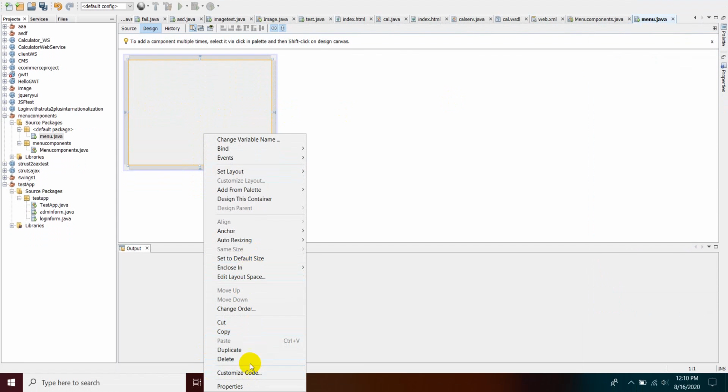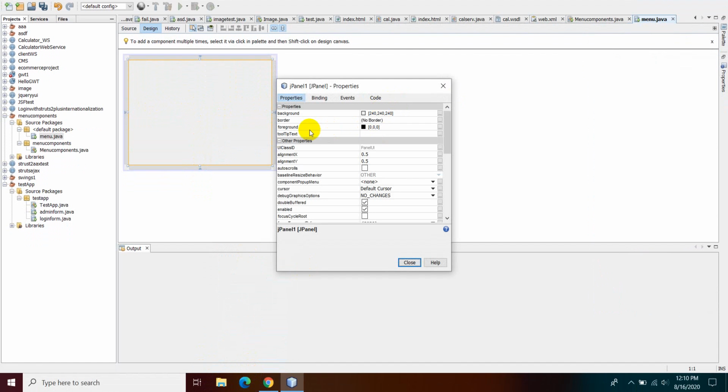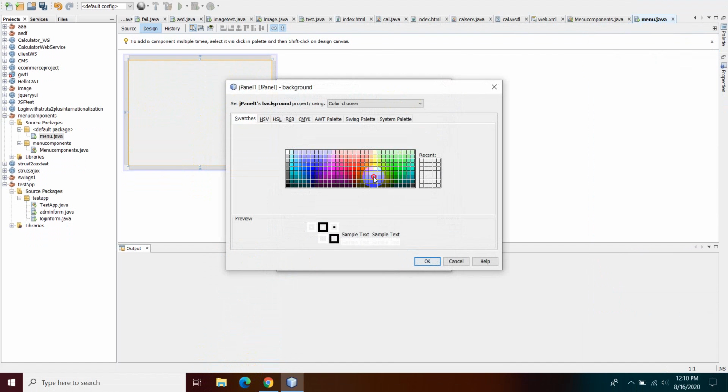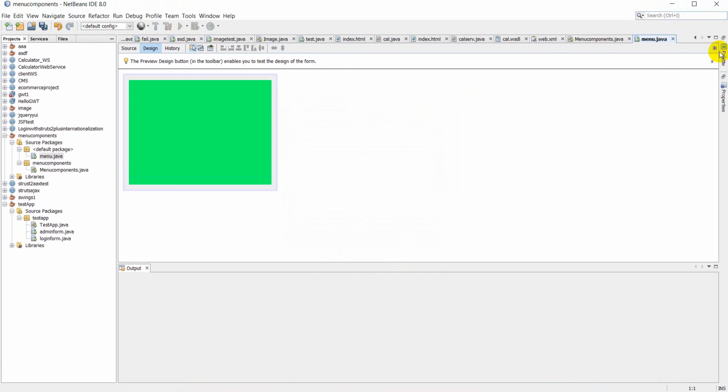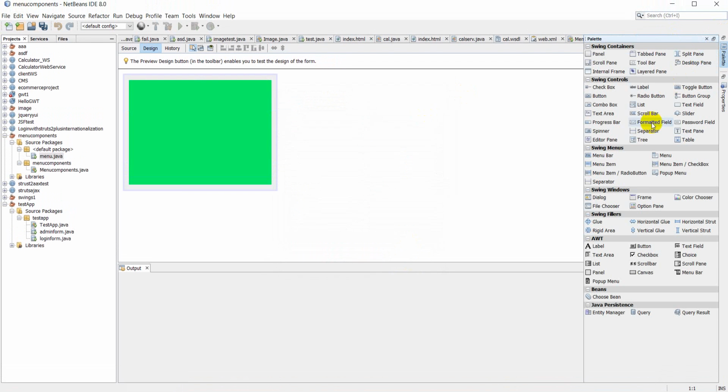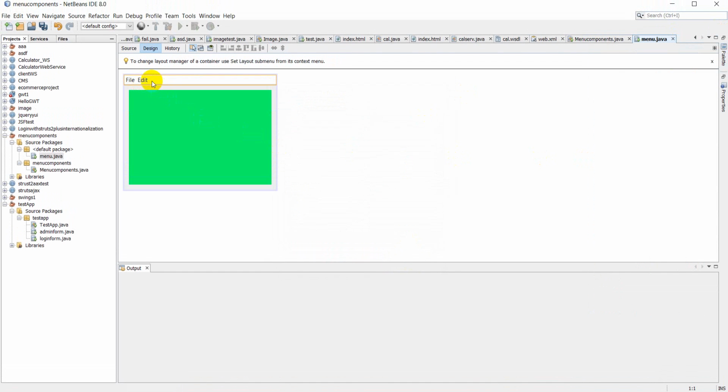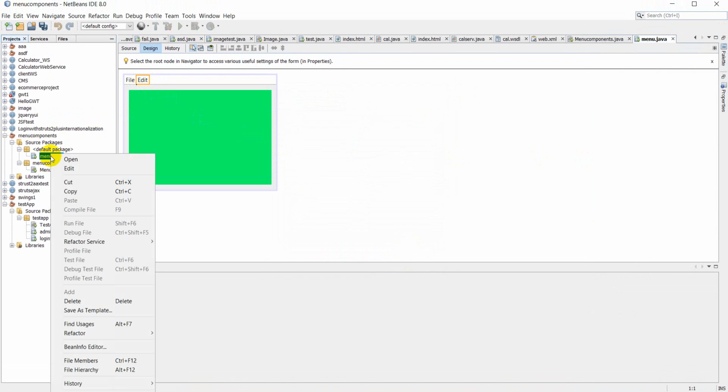I'm setting some properties of the JFrame. Go with some background border, some light color border to the JFrame. Now, moving ahead, inside this, you can see the first component that we'll be adding is menu bar. So this is your menu bar where you can see the various options. Right click and